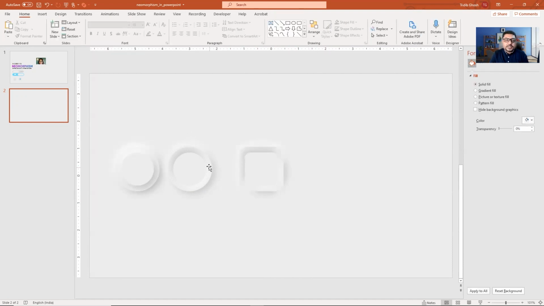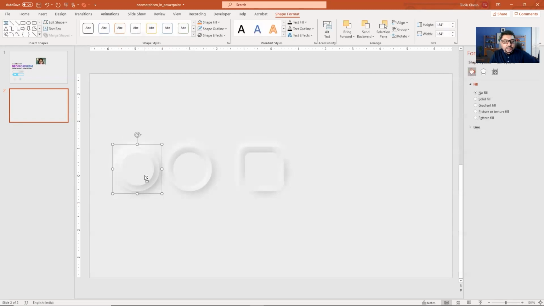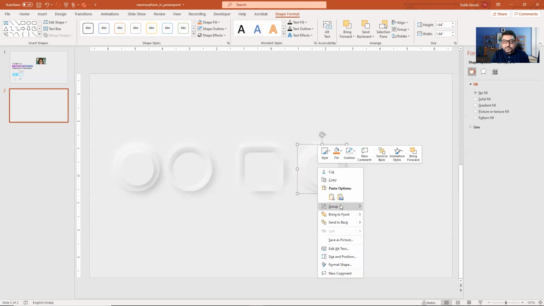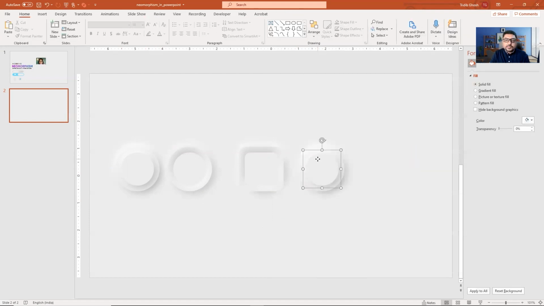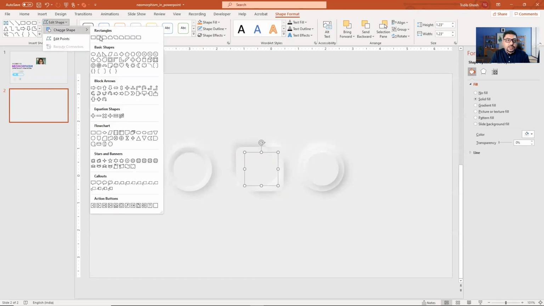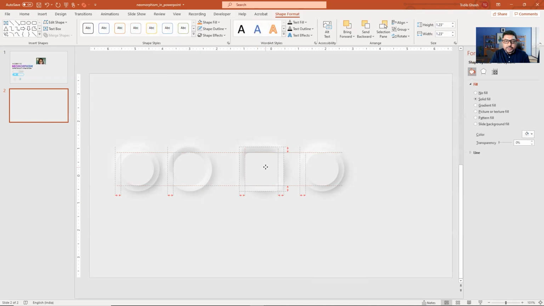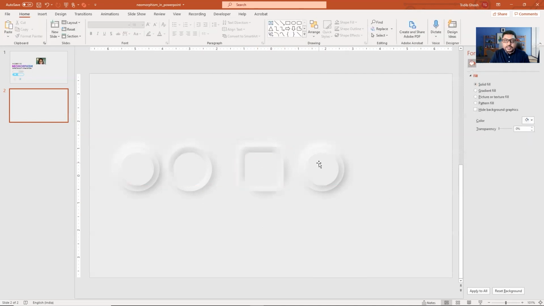Lovely, isn't it? Similarly, for this one, I just need to copy it and I will ungroup it. So I missed one object, so let me do it properly. Perfect.